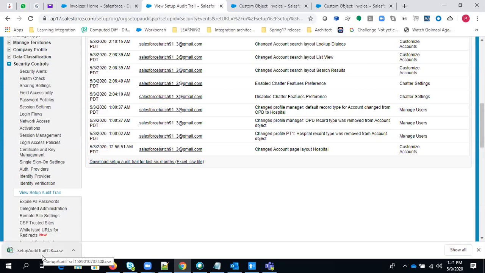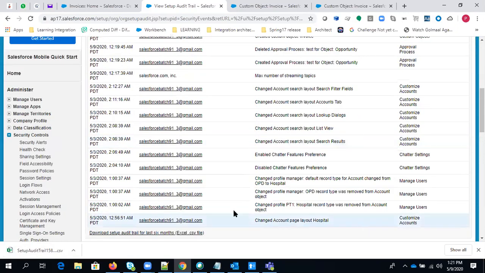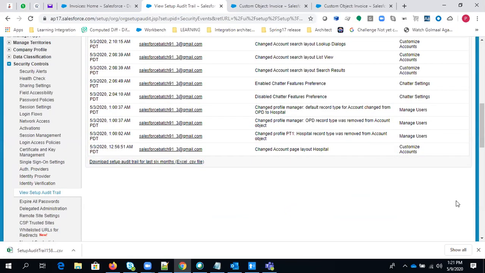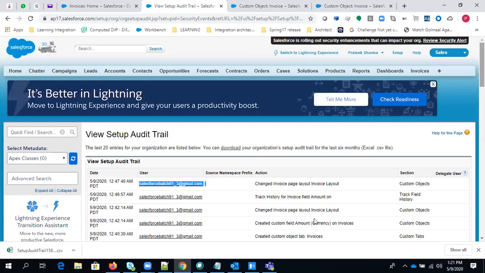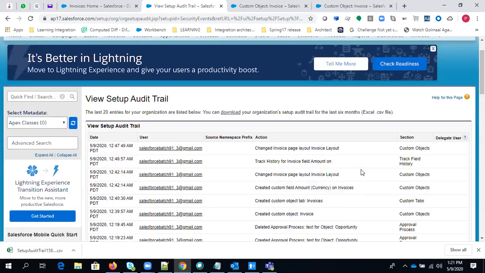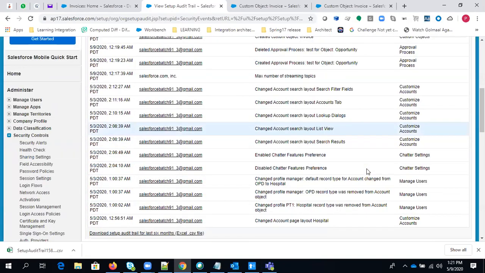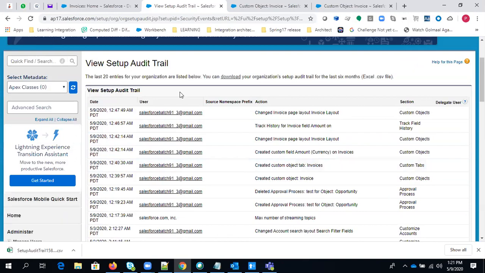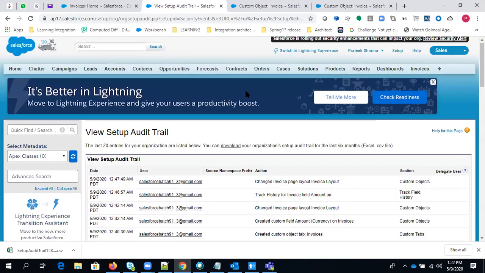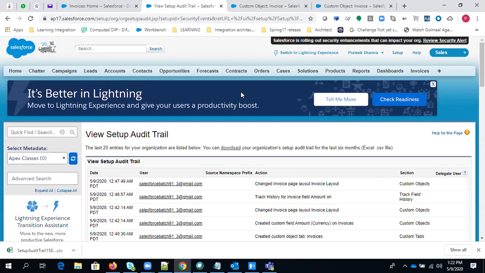So it will give you all the last 6 months of changes in your organization. This is how you can check who changed what. So setup audit trail is very useful here. These are the three things we have in SFDC audit.